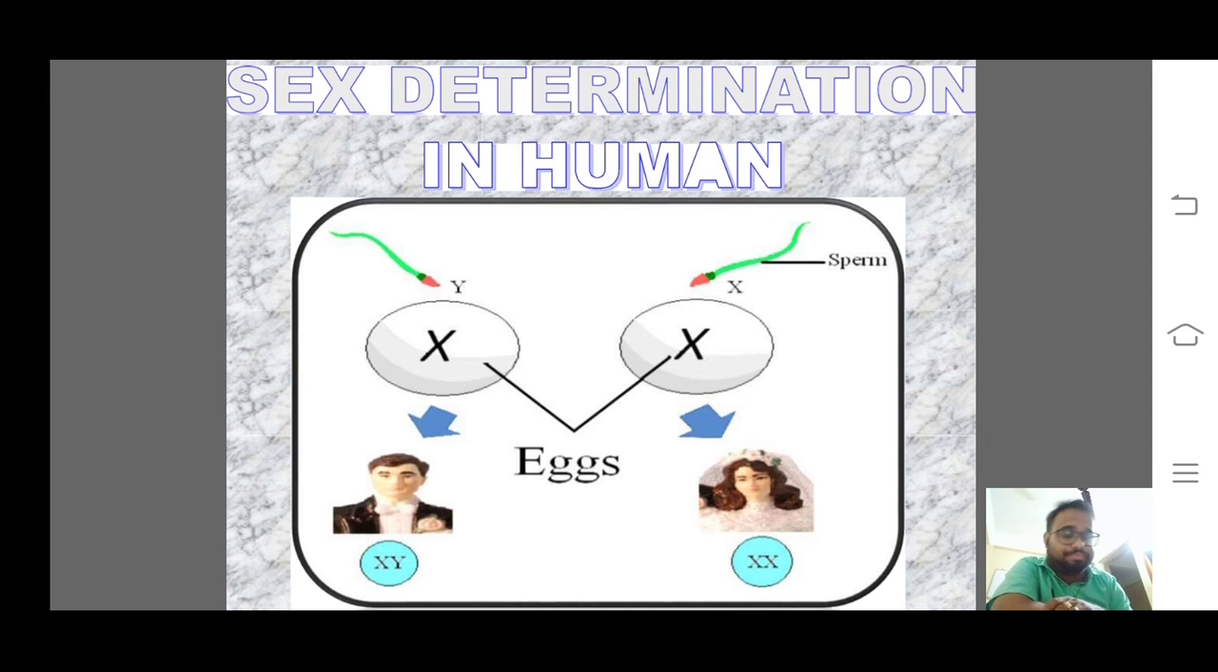Question number 2. It is still a myth in India that the birth of a girl child depends on the females. How long is this myth valid? So not only will you understand this topic today, you will also try to make people